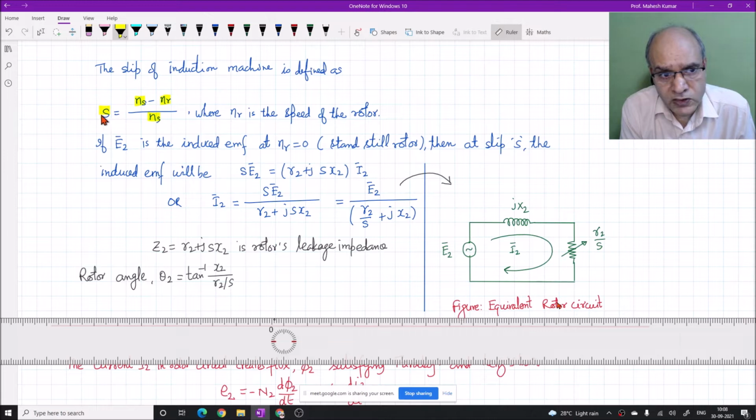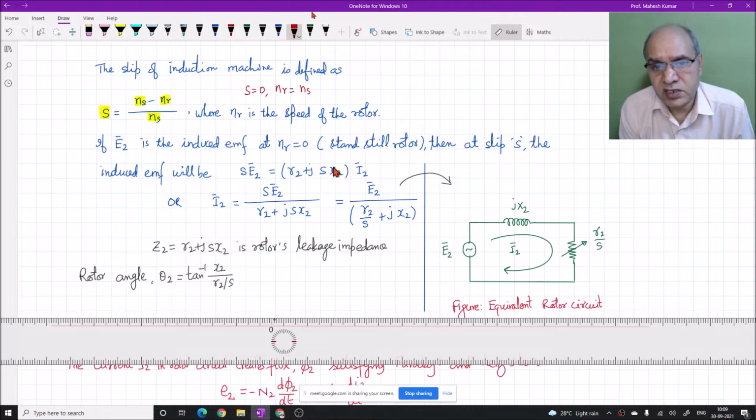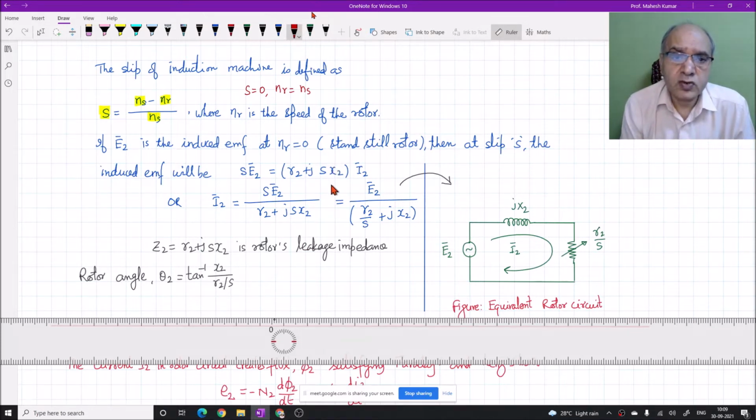Now the slip is responsible for the principle of induction in the induction machine. If the slip is 0, that means Nr equals Ns, and that possibility won't exist for the induction machine, because the induction machine's working principle depends upon the relative speed of the rotor conductors and the revolving field. So there is going to be a lag between the rotor movement and the stator revolving field or air gap revolving field, and that relative motion is responsible for the development of the electromagnetic torque. We can see this in the following discussion.